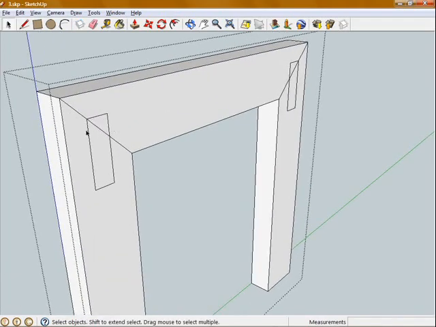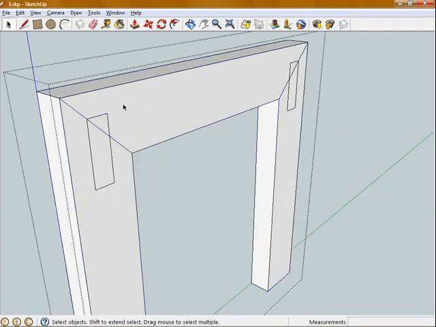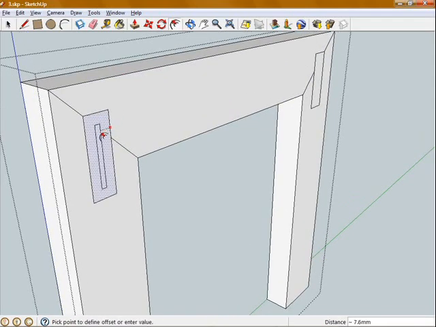Now what that does is it checks to see any surfaces that are intersecting the ones we had selected, and it will actually draw a line around them. So that's actually split my surface to match up with the outside edge of my rails. So that's a handy way of transposing lines from one object to another. So I'm going to use that outside line the same way I did to make my tenons, by using the offset command on that surface, 5mm, again on this one, 5mm, and then I'm just going to, holding Control, go around and delete these outside boxes